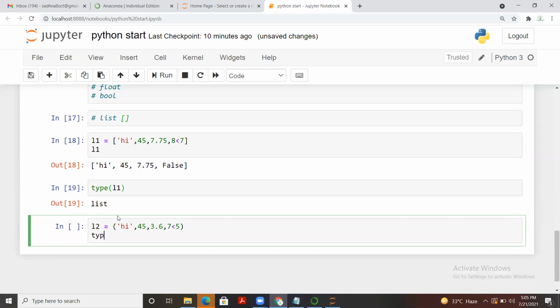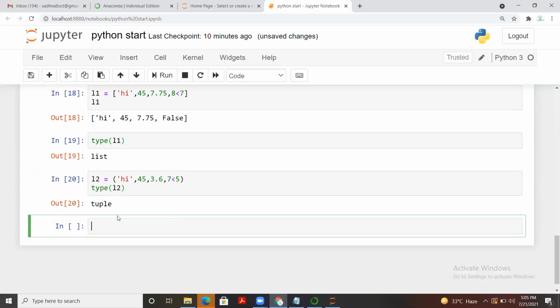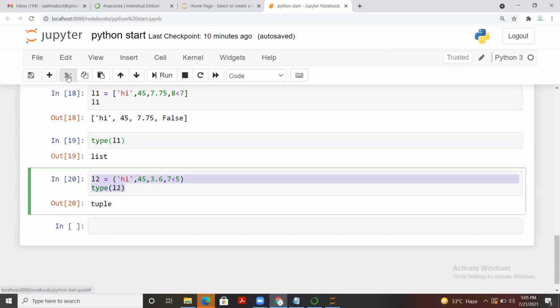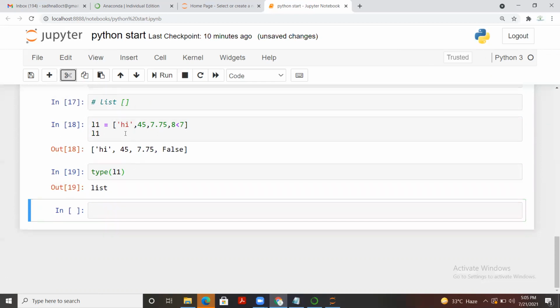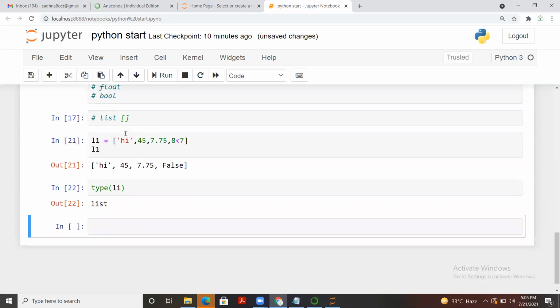If I check the type of L2, it will be a tuple. That's a different structure, so you have to take care of it. A list will have square brackets, right? Parentheses make a huge difference in Python, that you have to remember. So for a list, you are always going to use square brackets. So that was the list.